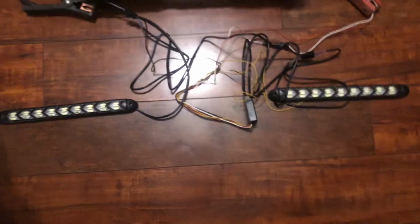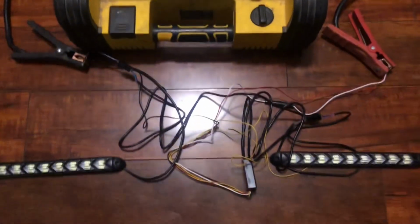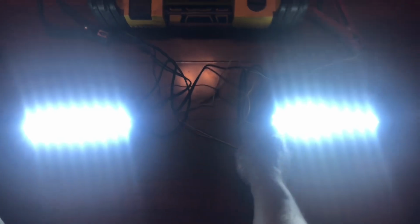Alright, now this is just to test everything out. Got it hooked up to the jump box right here. And when I turn the jump box on, ooh, bright light. Bright light. Now, that's daytime running lights. So,